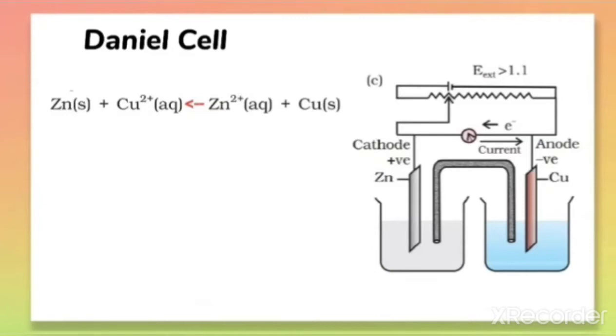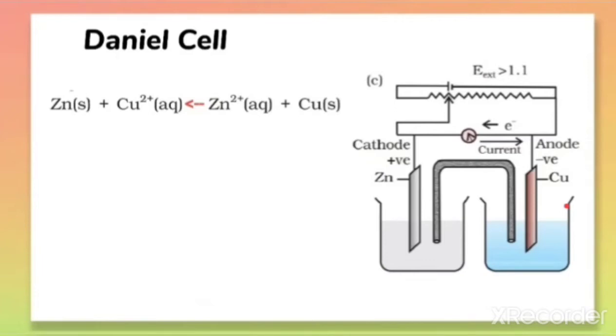Now when you look at this figure, the zinc electrode starts to behave like a cathode, that is a positive terminal, and the copper rod behaves like an anode, that is a negative terminal. That means we can say they get exchanged as the reaction gets reversed. So here the anode and cathode both get reversed. The zinc electrode is now a cathode and the copper electrode is now an anode.